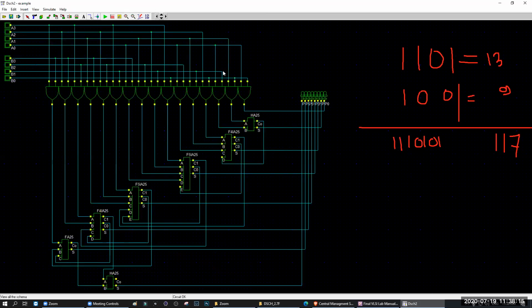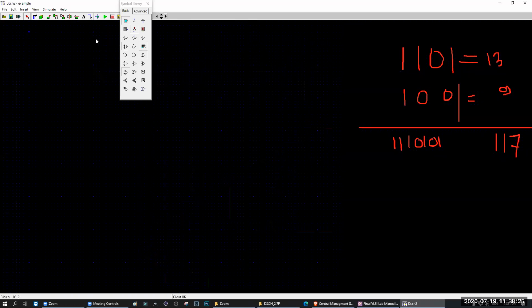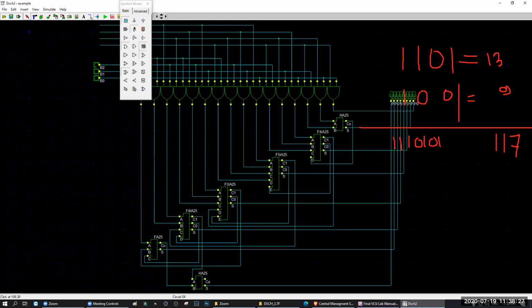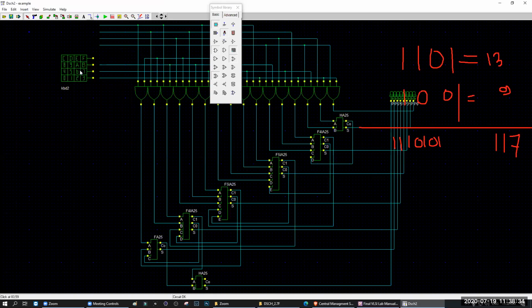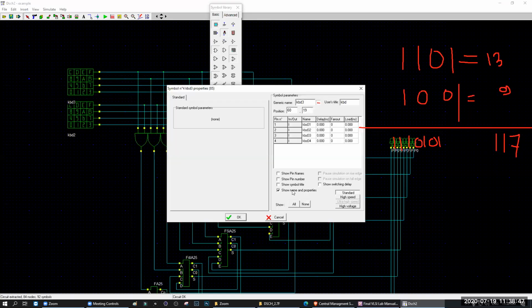So what can you do? We can do some modification. We can change the input method. We can delete these, and change the input method by these. These are your input method here. Again, we need another one for A. This is directly the pin names.